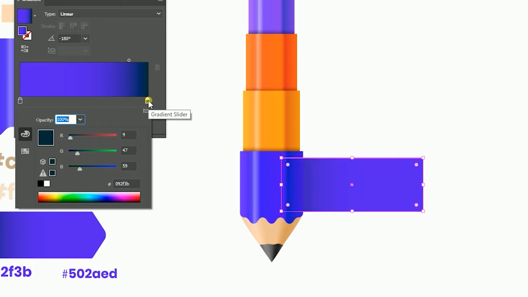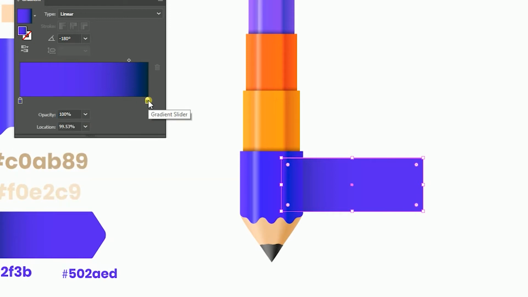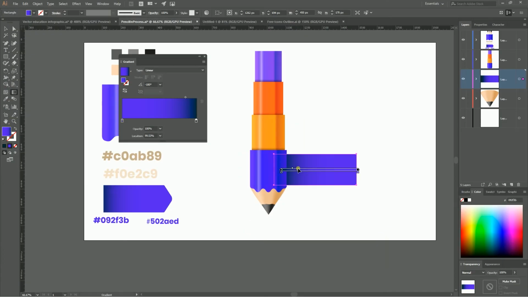So it looks fine. Let's arrange our gradient properly. So you see, I need to move my slider, my gradient tool, a little bit farther to the right, and this kind of shadow I created, right? And let's duplicate this line